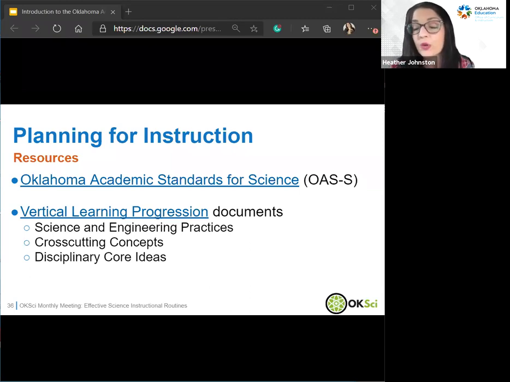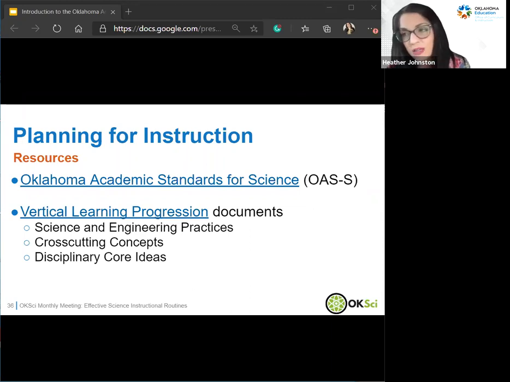We are also creating grade level standards documents, so that if you are wanting to print off just sixth grade or just biology or just second grade or whatever you were looking for, we're going to have those documents available so that you don't have to download the PDF and then try to find your particular pages and only print the right pages and that kind of thing. So we will be providing a document that is broken down for you. The vertical learning progression documents are also relinked inside the chat box. Remember, those are what we use to help identify what comes before and after each of the dimensions inside the standards.